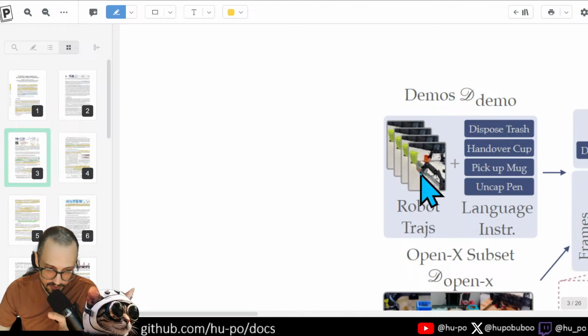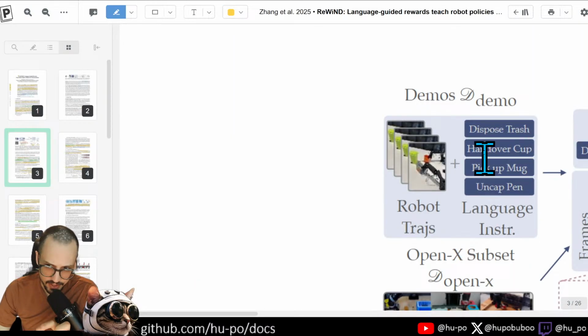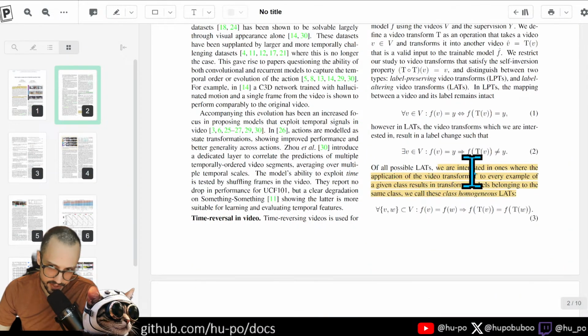So rotating the video frames is, let's use the terminology here, a non-label altering video transform, right? If you took this and then rewinded it, then that would be a label altering video transform because it no longer represents disposing trash, because now it represents kind of going into the trash can and grabbing something out of the trash can, right? So now it's almost like the opposite. So that has now altered the label or the task instruction, right? So we are interested in LATs, or label altering transforms, where the application of the video transform T to every example of the given class results in transform labels belonging to the same class,